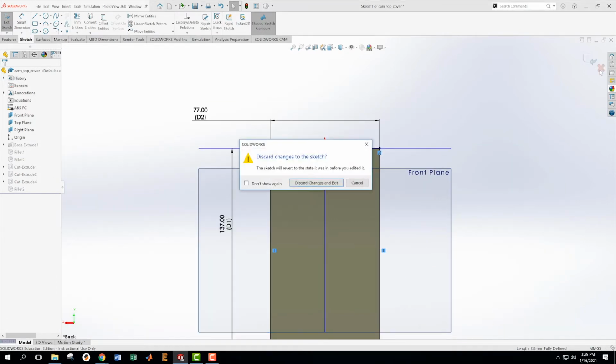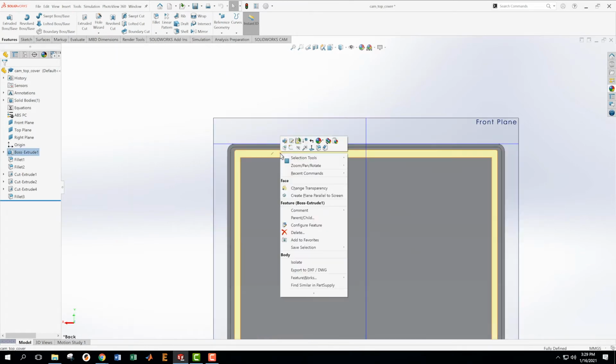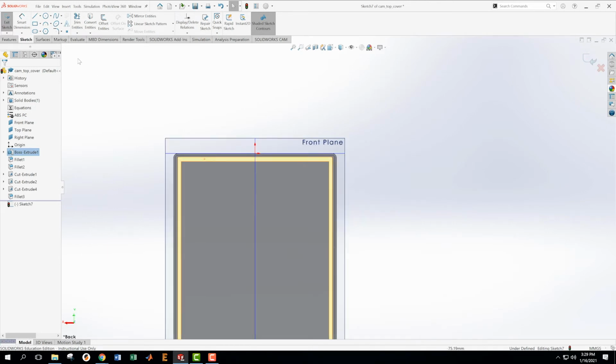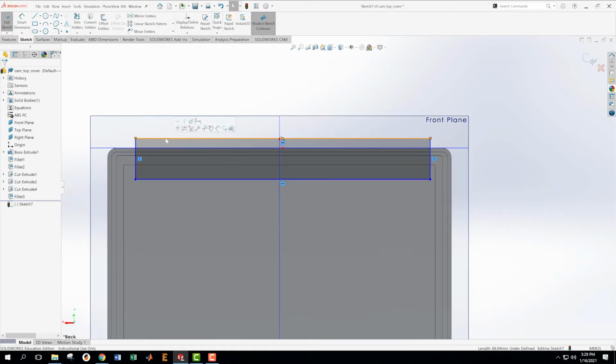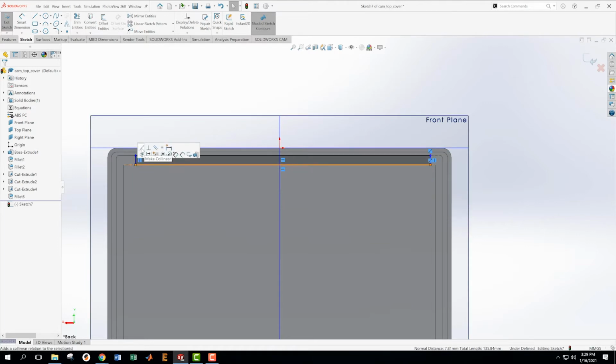Okay, cancel that. It's not what I wanted. Discard those changes. I want to add a new sketch to this plane. New sketch. And what I want to do is use some geometric relations. I'm going to make this thing and this thing collinear. And then I think for now, I'm actually going to make this and this collinear as well. And then I'm going to center this